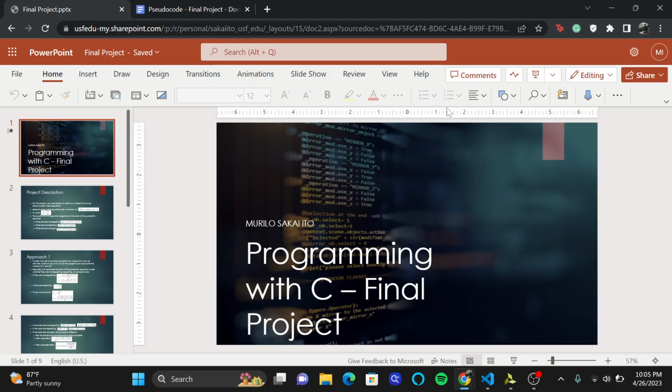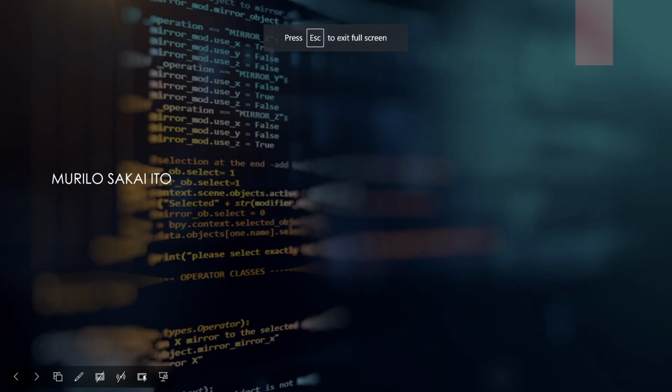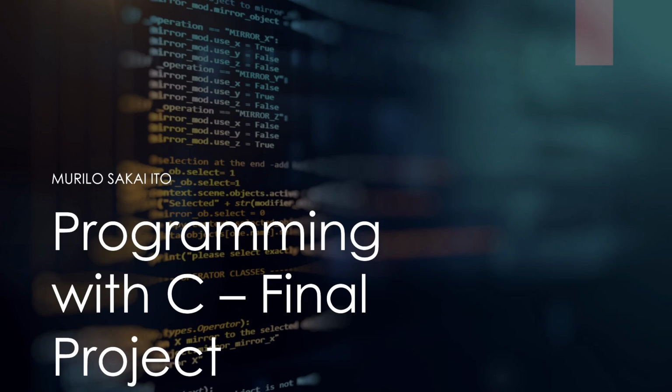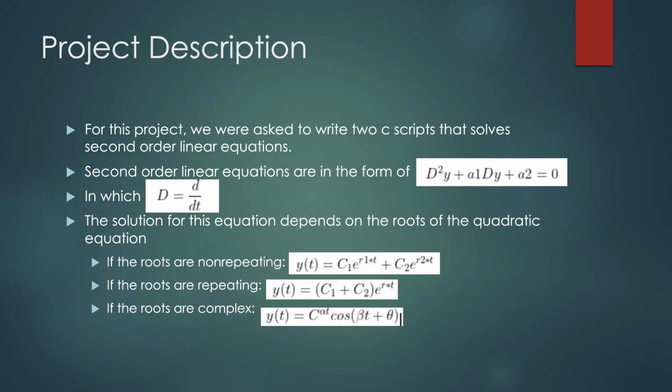So I prepared this presentation to give an insight of what we did. Our project was about solving two scripts that will solve second order linear equations, and they will be in this format shown right here, where D will be the derivative of y with respect to time. A1 and A2 are two constants,